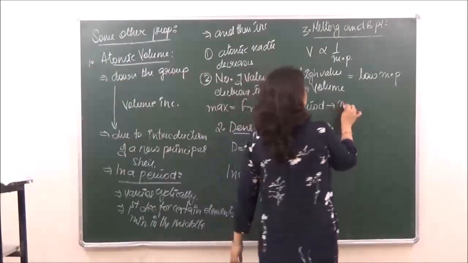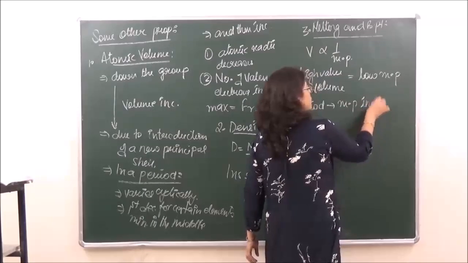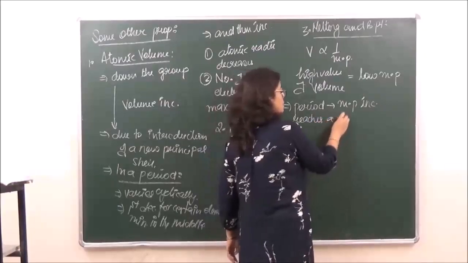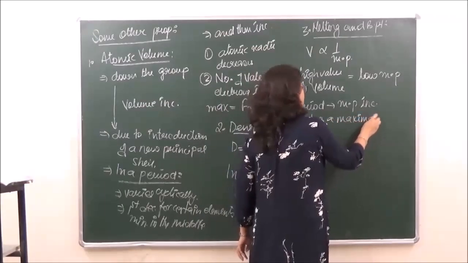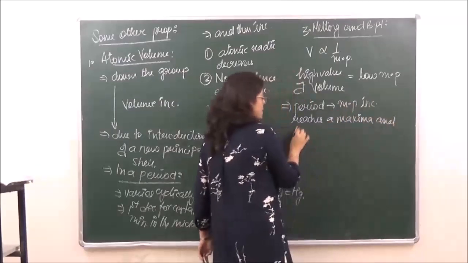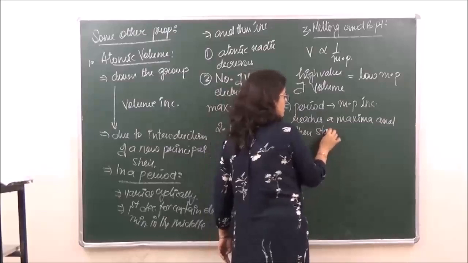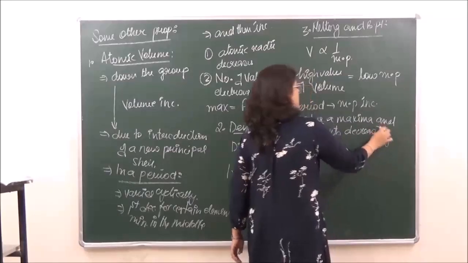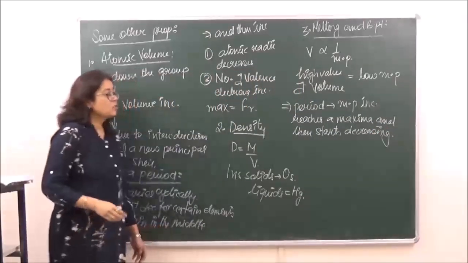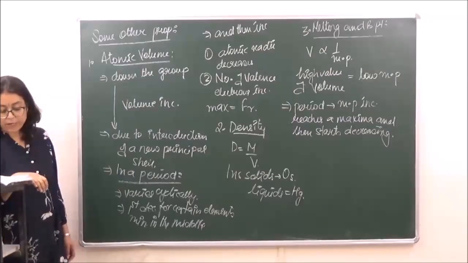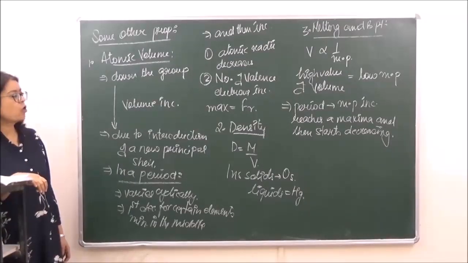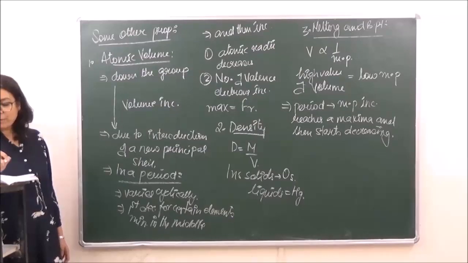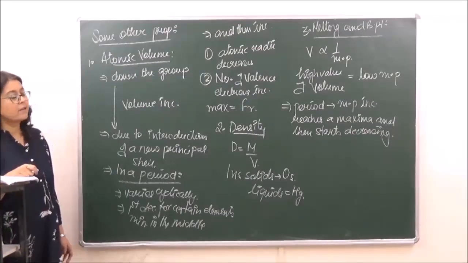So in a period, melting point increases, reaches a maximum, and then starts decreasing. ठीक है? So along a period, this is the trend of the melting point. फिर boiling points जो है, they also show almost the same trend. Okay. Now when we are moving down the group, the melting and boiling points show a regular gradation, but